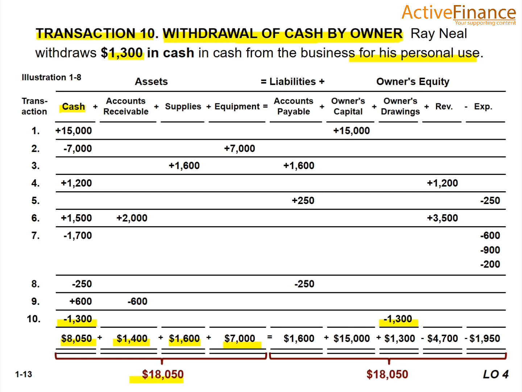We have learned that the assets must be equal to liabilities plus owner's equity. So these are the total assets, and we will plus the accounts payable and owner's capital, owner's drawing and revenue, and minus the expenses. At the end they are the liabilities plus owner's equity of SoftBite. So assets and liabilities plus owner's equity are equal. It proves that the accounting equation is done completely.